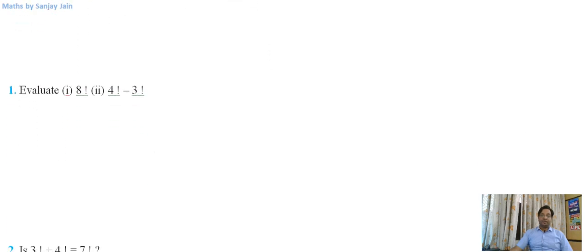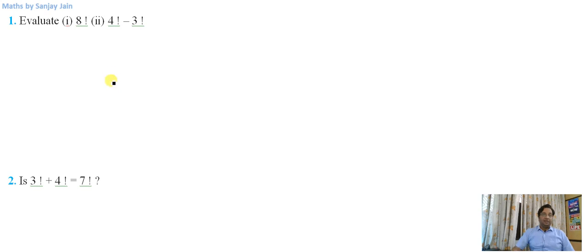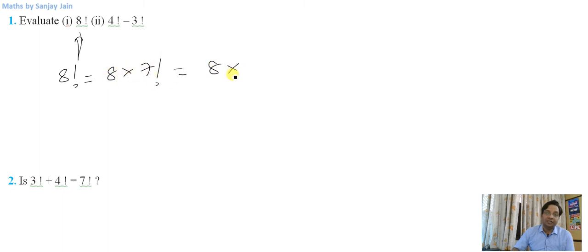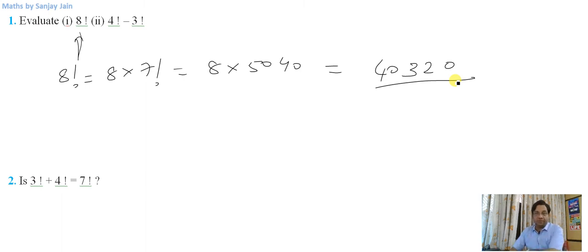Now let's come to the exercise. Evaluate 8 factorial. So up to 7 factorial we have memorized. So 8 factorial is what? 8 into 7 factorial. What is 7 factorial? 8 into 5040. So it is equal to 40320. Otherwise 8 factorial you can write it as 8 into 7 into 6 into 5 into 4